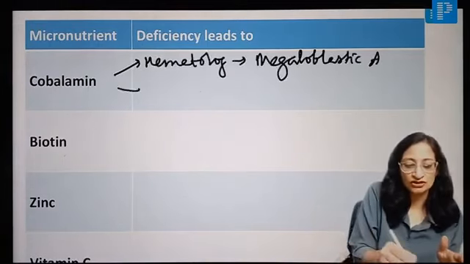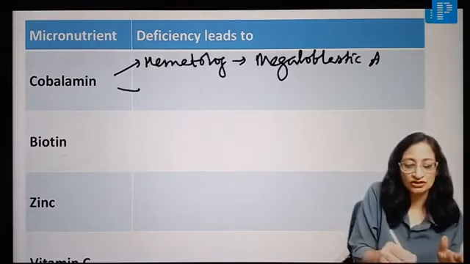And because of that, what happens? Painful pseudoparalysis. Painful pseudoparalysis of limbs. That means the child will not want to move the limbs because of the pain. Okay, right? And what else? Vitamin C is required for iron absorption. So if vitamin C is not there, iron absorption does not take place properly. So you can get iron deficiency anemia as well. And the child will be irritable.